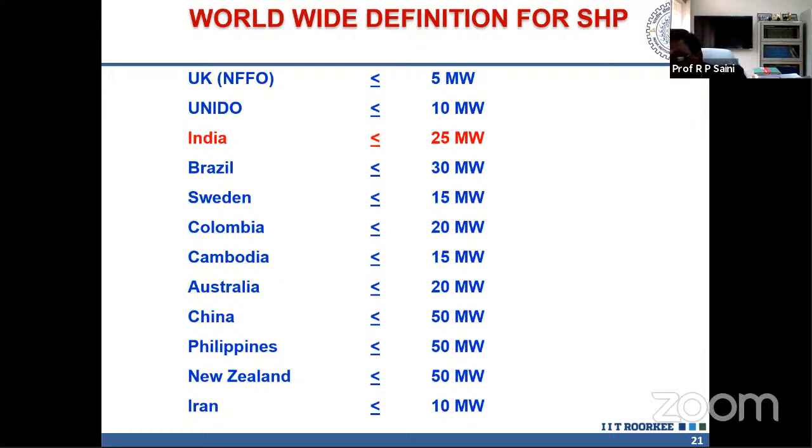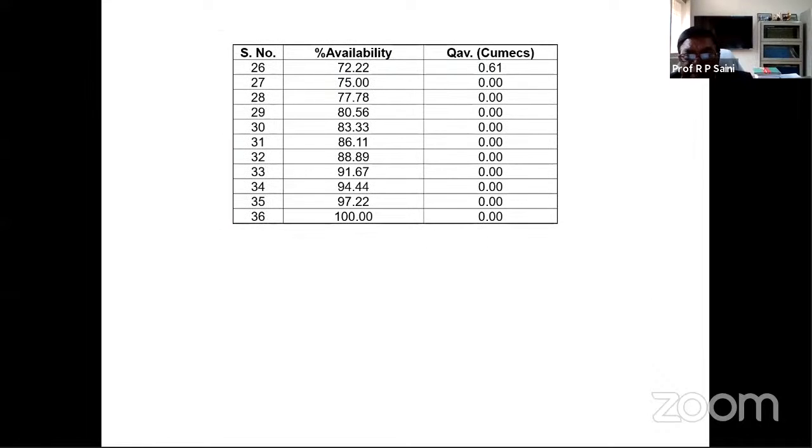I think you find in this table that for many durations, that means a few months or many years, the discharge is 0, 0, 0, 0. So you have to consider the discharge, because the head is no problem. Whether it's a large head, high head, medium head or low head, that's there. But the discharge is very important. You can find that there are so many zeros, which means in these months there's no discharge.